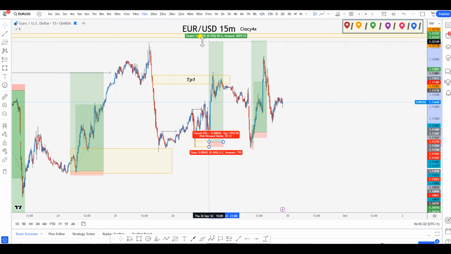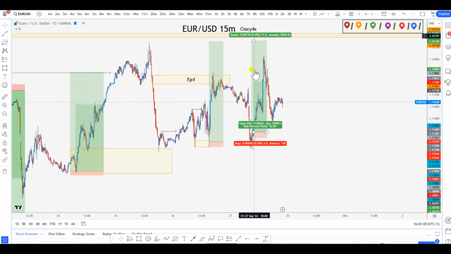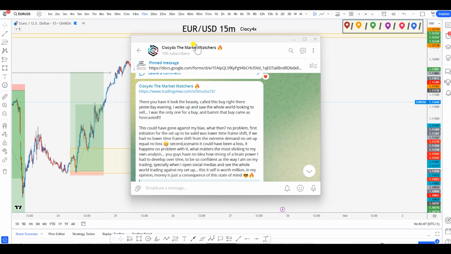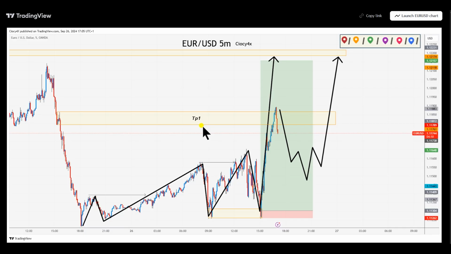It was over there because then eventually the morning after, price came back over here again, and then it started shooting all the way up. And again, as I said, this was forecasted on my Telegram group. Let me quickly show you the drawing I made for the community. You go, this is the one. So at this moment in time, you guys can see, I was telling the group why I was looking for a buy, where was my target.